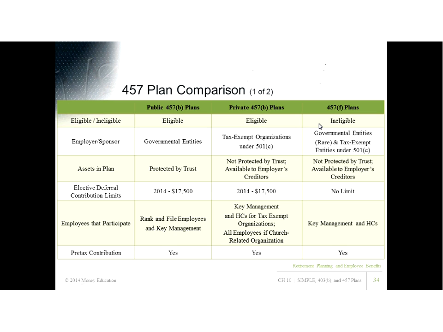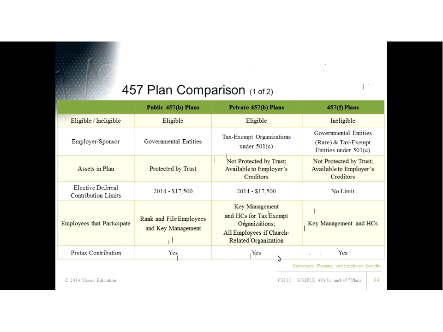So here's a 457(b) comparison. Make note of these; we talked about all these things. Public 457, government 457: the assets are protected by trust. Private 457(b) can be considered eligible, but is not protected by trust and is subject to substantial risk of forfeiture. Only the government plan makes this qualified-like. This is for rank and file. These two over here can be for key management, and can be discriminatory. In both cases, the contributions are pre-tax.